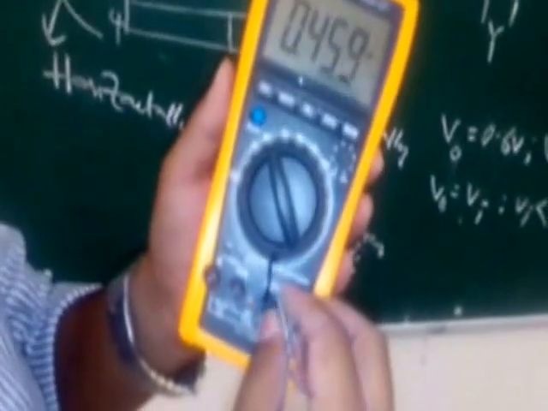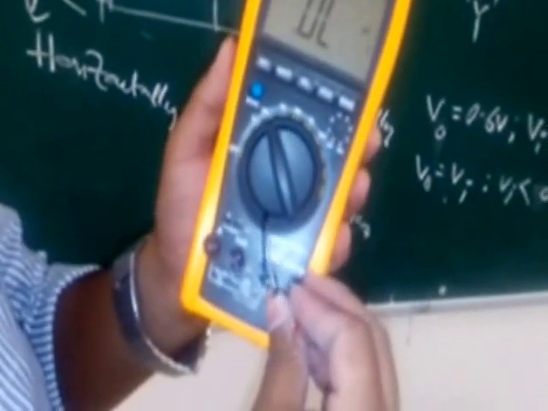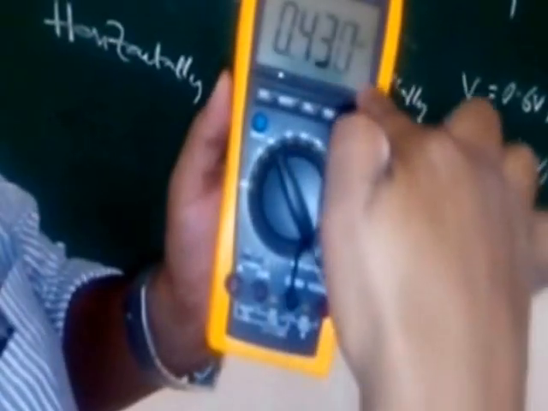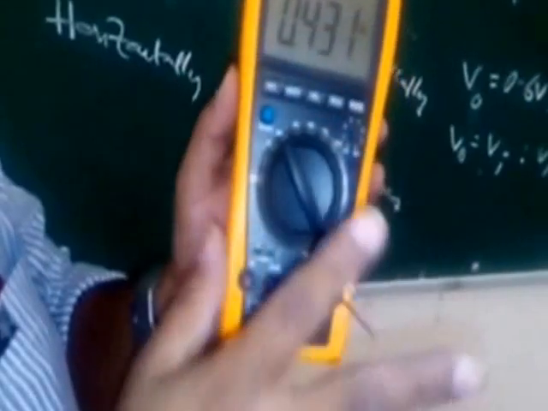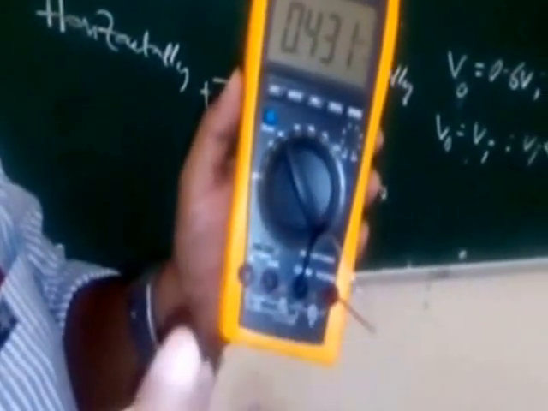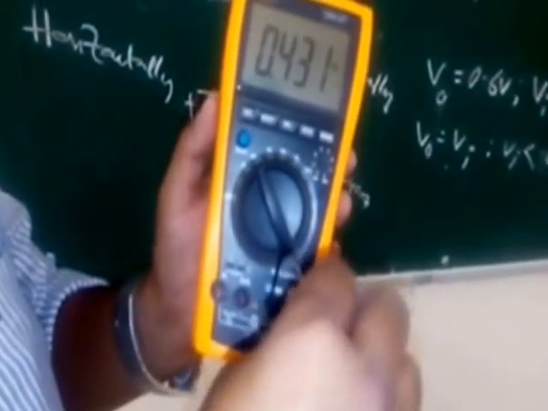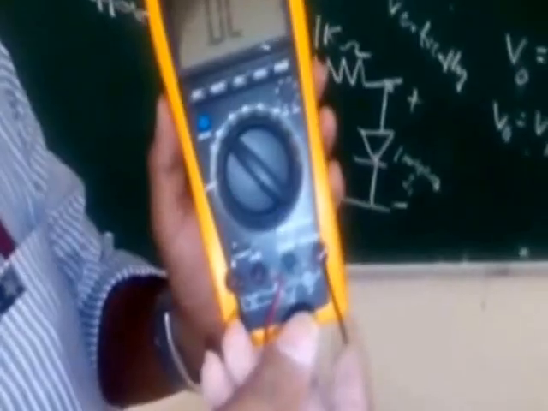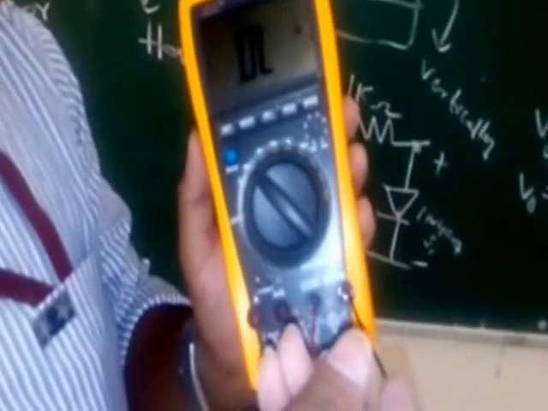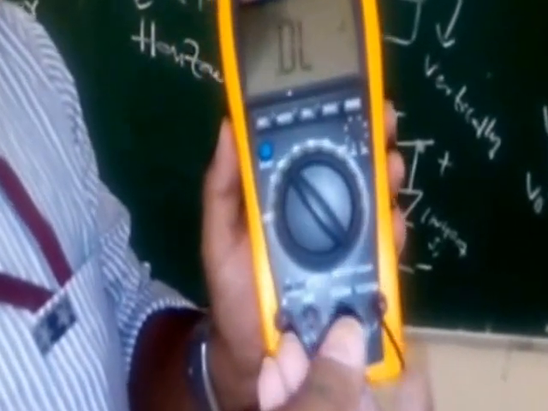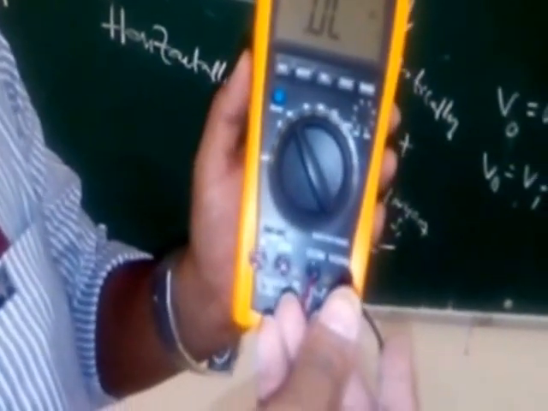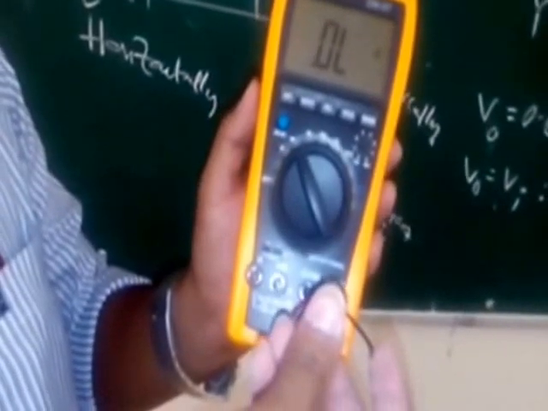Now it is indicating 431. Here V is indicated. That means it is approximately the cut-in voltage of the diode. Okay, so whenever you are getting like this, it is okay. Next we will see the reverse bias checking also. For the diode, you need to get overload, because in the reverse bias there is no current, it will be an open circuit. That's why you are getting it like that.